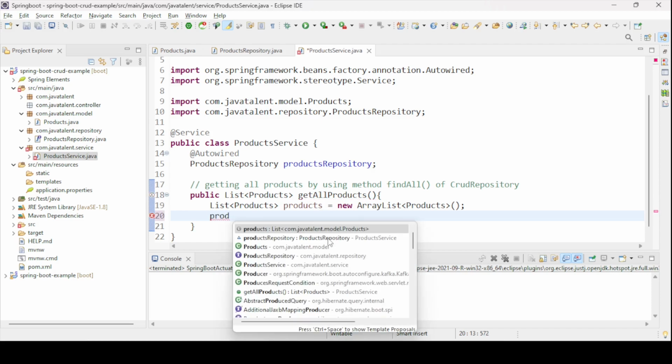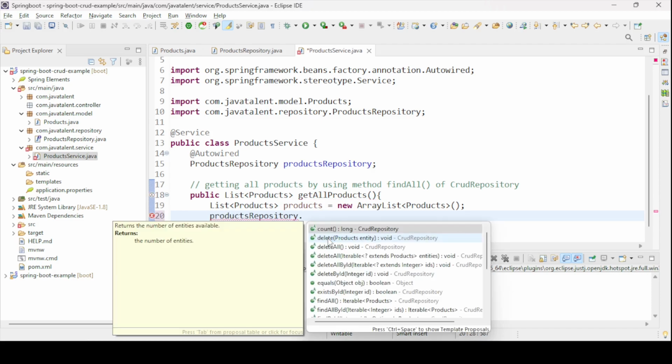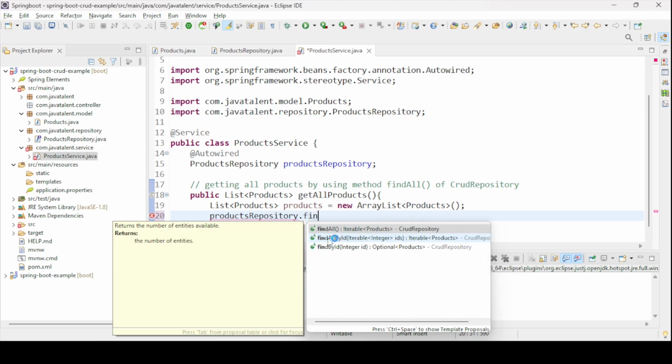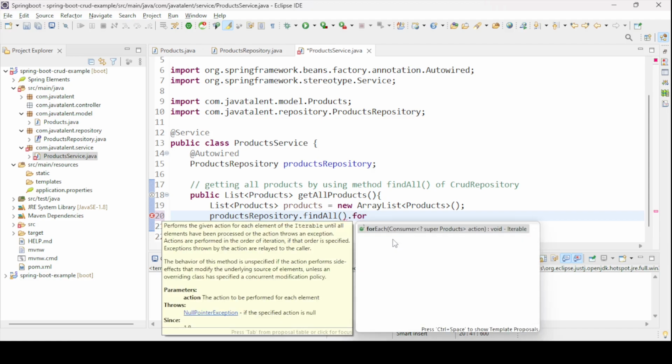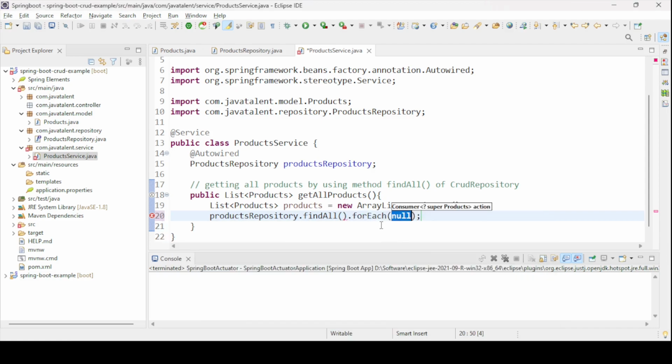So products repository dot find all. There is the method, if you see, find all. It will return all instances of the type. And I'm going to iterate over this with a for each loop. So for each products one,